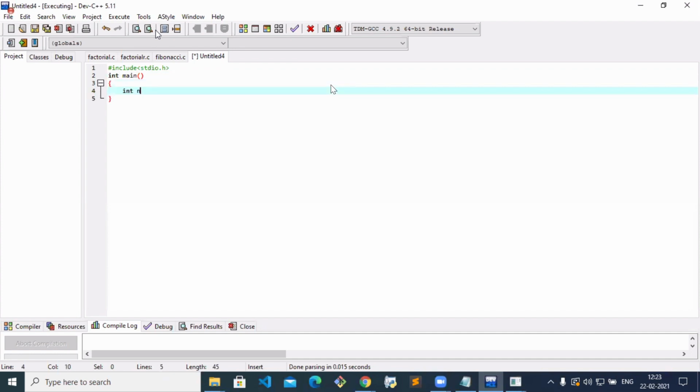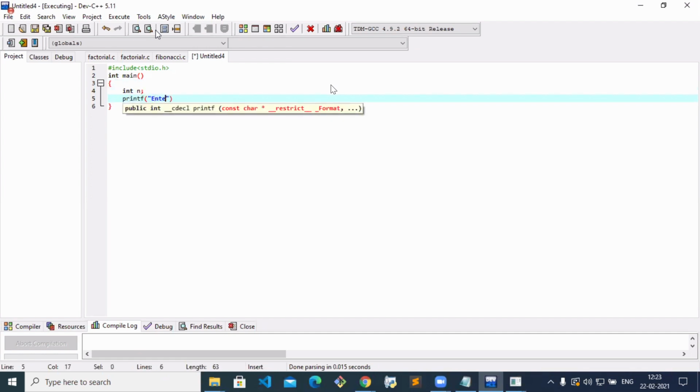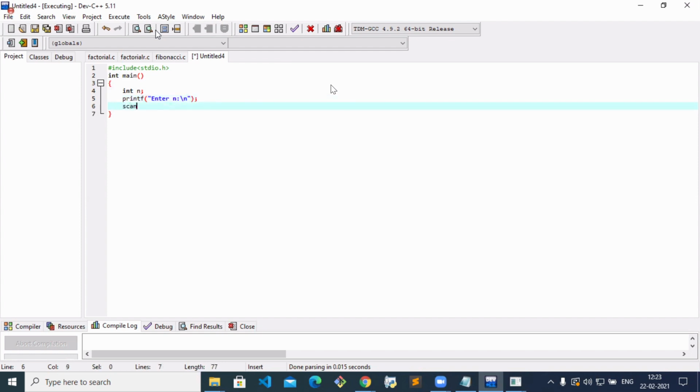So int n. First we'll read that. n is nothing but the number of disks. After that, scan it: scanf percent d, comma, address of n. So now we have completed reading the number of disks.